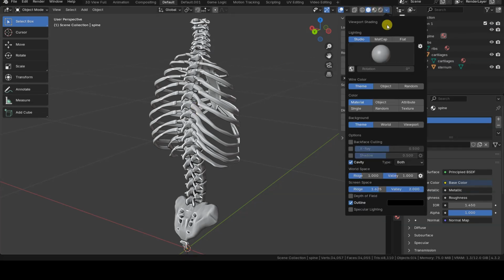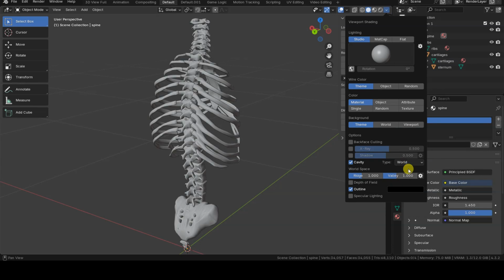When the Cavity checkbox is selected, Blender provides a menu that allows us to choose between the screen, world, and both modes, with both being a combination of the two modes. The two modes refer to the space in which the cavities, and therefore the shading effects, are calculated. Specifically, in world mode, ridges and valleys are computed based on the dimensions of the objects in the scene.